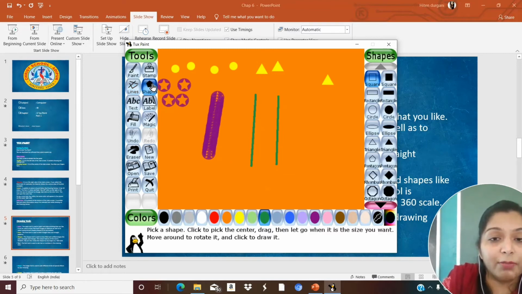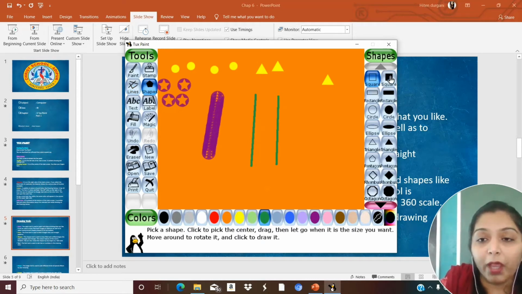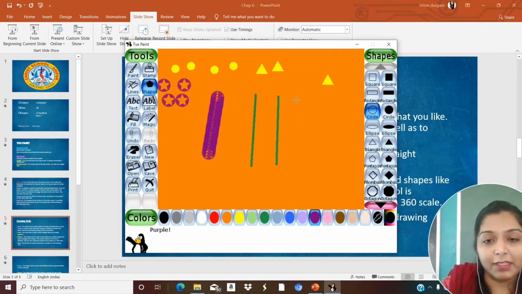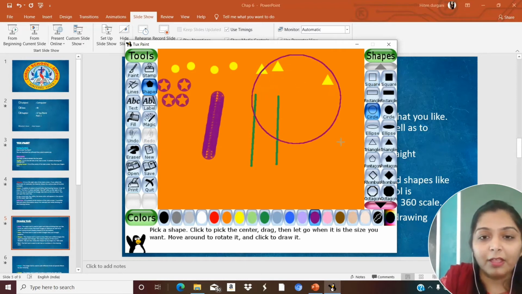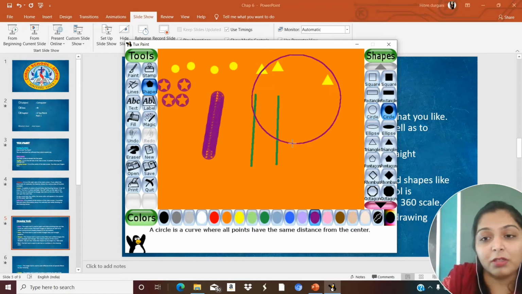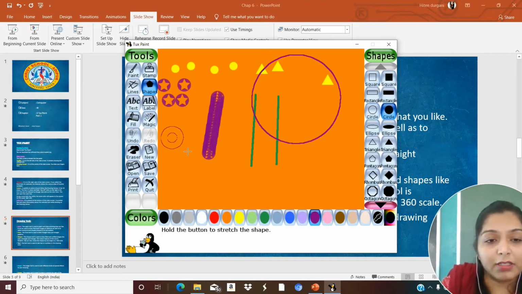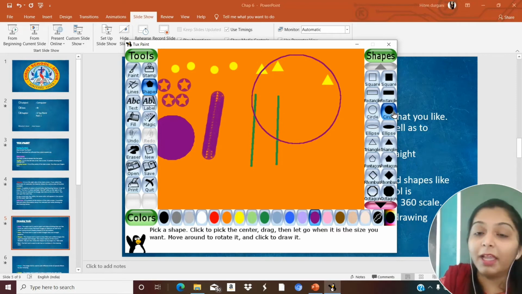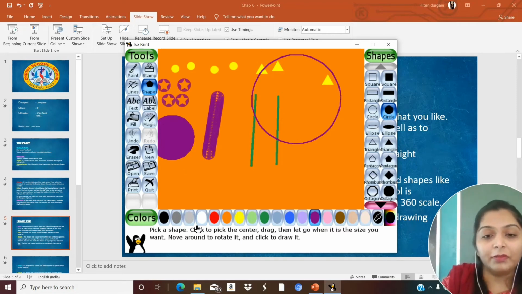Then there are shapes also. See, square, it's filled also, filled with color also, and it's unfilled also. Okay, there is no color in the shape. Okay, we will select a circle and color purple. Yes, see here. Different shapes and circle with color inside. Understood the difference? There was no color in that one, in this one there is color. Clear? Understood it very well.